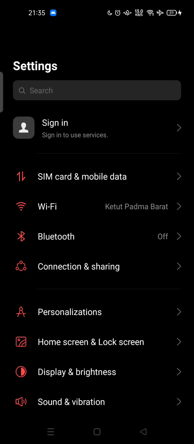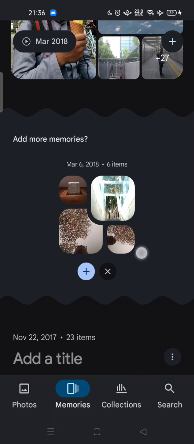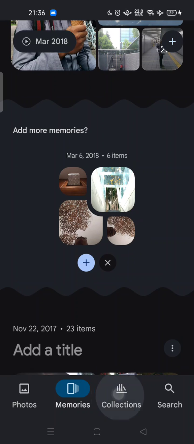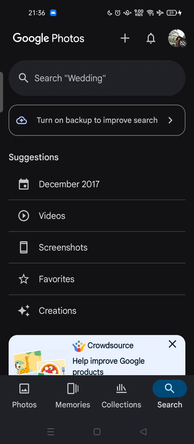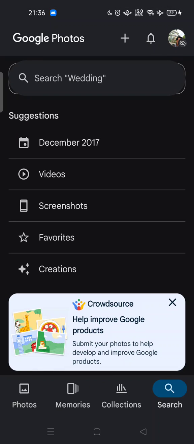Today I'm going to show you how you can uninstall the Google Photos app and also cancel the account, if you use it, of course. There are some features on Google Photos, for example memories, collections, and you can search your archive of your media like videos or photos. But if you feel you don't need these features anymore,